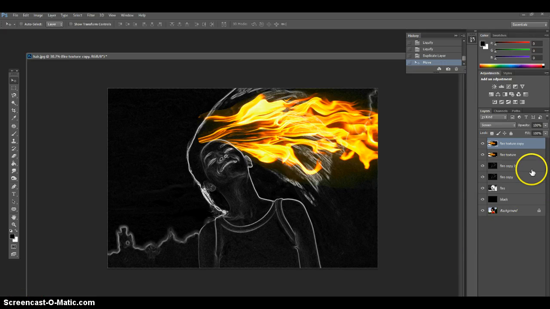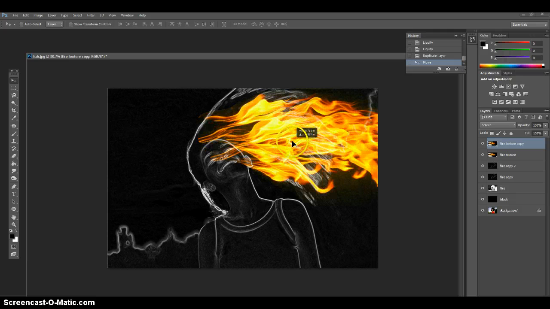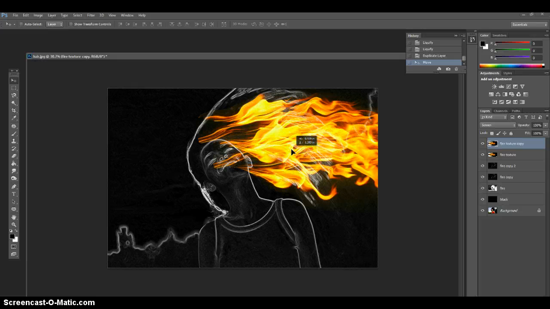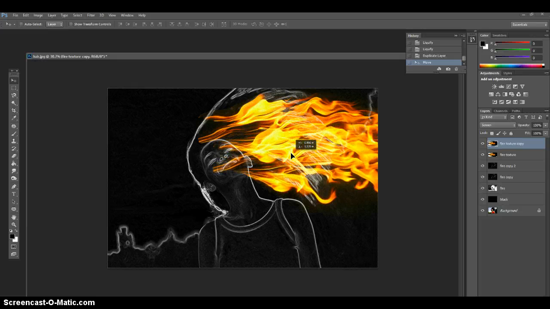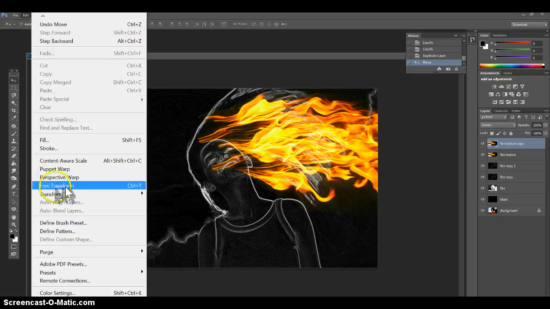Once you've created that duplicate fire texture copy, make sure it's highlighted, and make sure you have your move tool selected in the toolbar. Then you're going to bring it down and move it down, just to make it seem like there's more there. Then you're going to do the same thing you did before. Go to Edit and Free Transform,